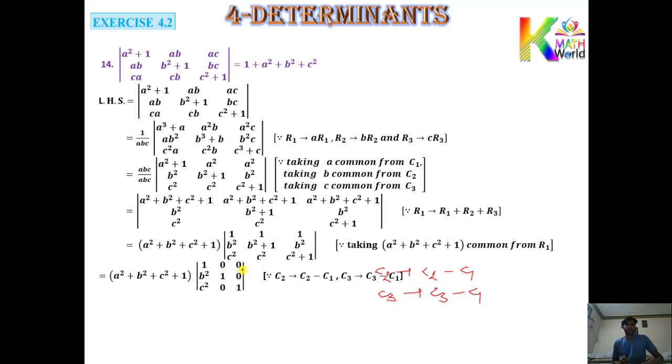Okay, now you can expand it using the first row, so you can eliminate this one. So what is that? 1 into 1, that is 1. 1 minus 0, it means 1 left only. Okay, now you can easily expand it. So 1 only left. Hope you understood. You can eliminate this one. So 1 into 1, that is 1. 1 minus 0, it means you got only 1 left. So this is 1. And you can see this is your requirement.